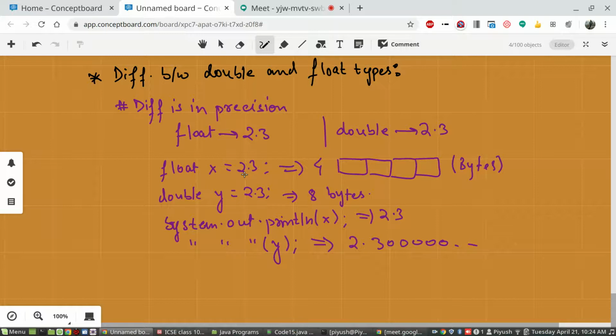So for the sake of efficiency and less memory consumption, we are only going to use float types for representing decimal numbers. So this is the concept of why we have two different types, double and float, for creating variables which can store numbers with decimal points. Is this concept clear?